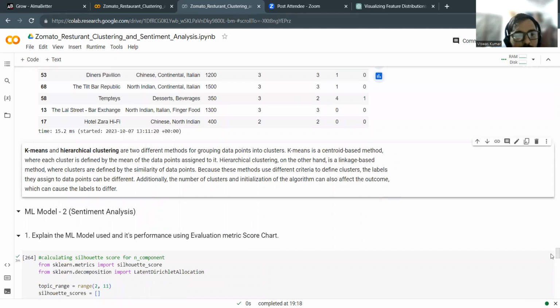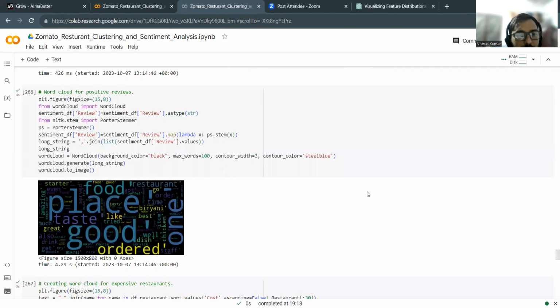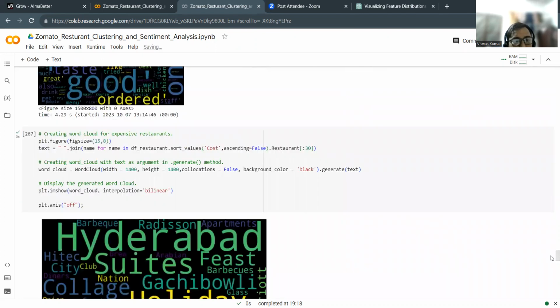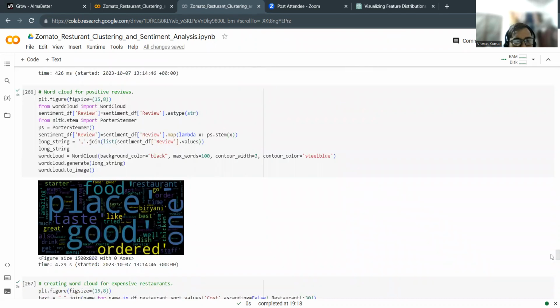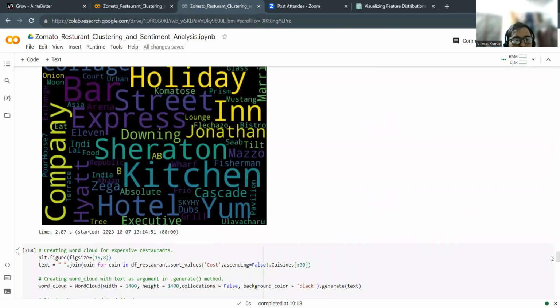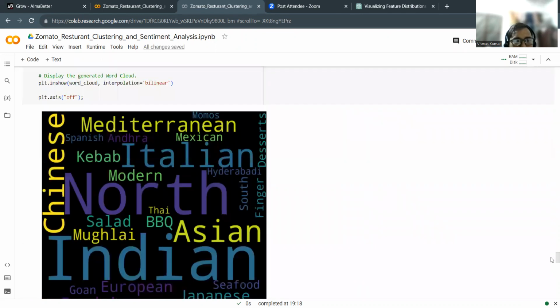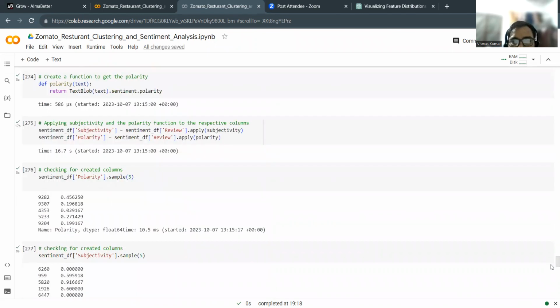And coming to the sentiment analysis, here are the top 5 bag of words which are used on the positive side, meaning the positive compliments about the restaurant's reviews. These are the expensive restaurants' tags and so on. Coming to the conclusion,